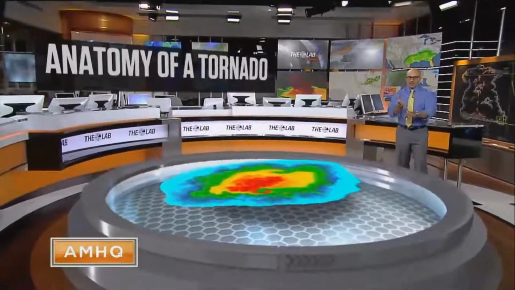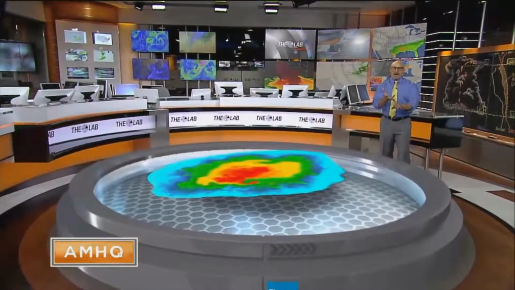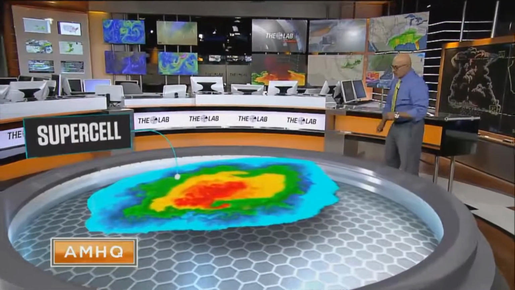Here we are in the Weather Lab, and of course, we're very, very proud of this facility, and this is something we're just launching today. We are going to show you the anatomy of a tornado, okay? And think about this. We have all sorts of different sizes of tornadoes, right? You go from the funnel clouds and the weak tornadoes that you guys just showed to the F5 that hit Moore, Oklahoma on this date back in 2013. Horrible day. All right, let's talk about the anatomy of a tornado.